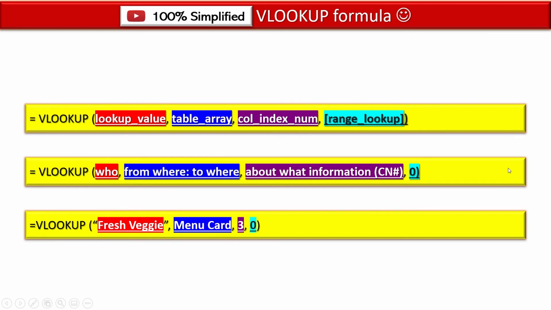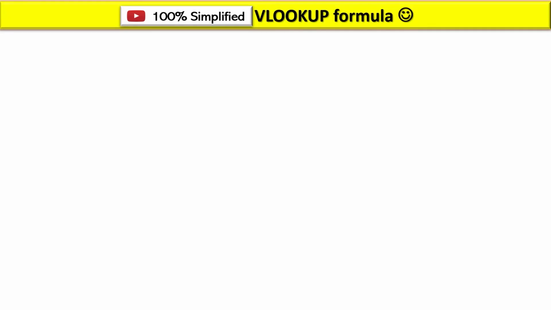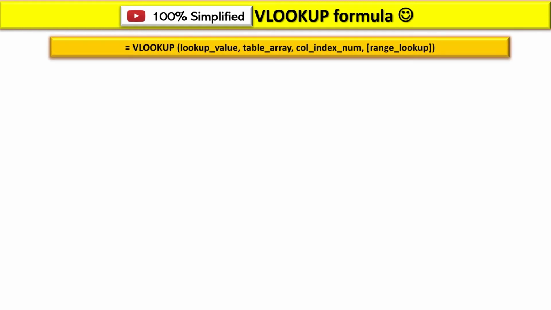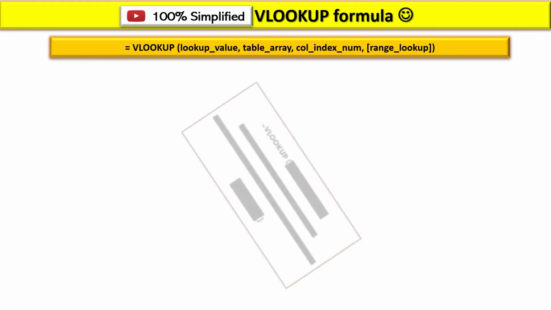The second box is nothing but the simplified definition of VLOOKUP. And the third one is the one which we have just applied with our real life example. And to close the session, and finally, I present to you the VLOOKUP formula which is 100% simplified. No, not this one. The one in orange is present in the Excel. The one which I'm talking about is here.